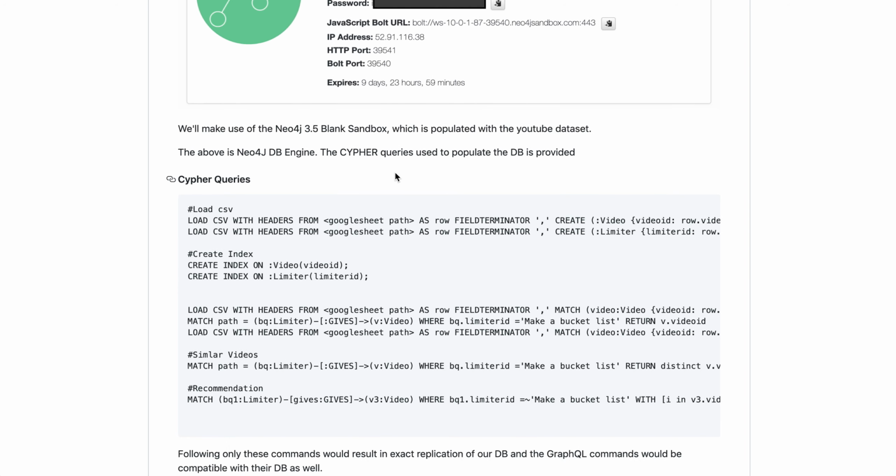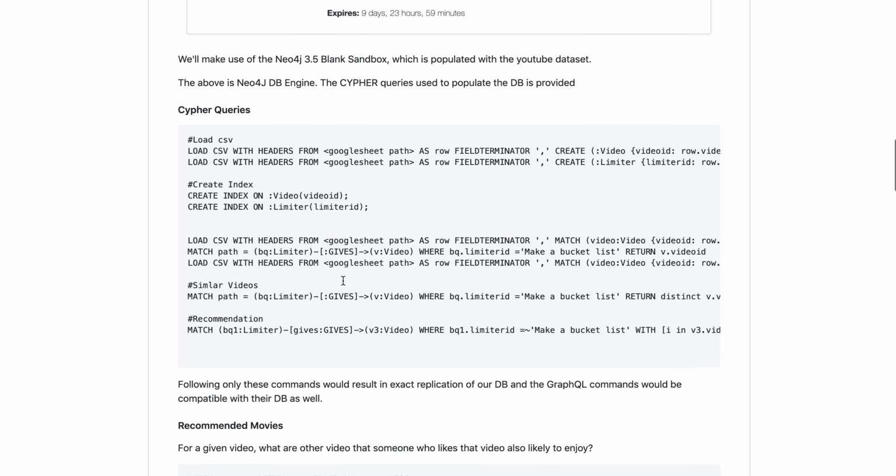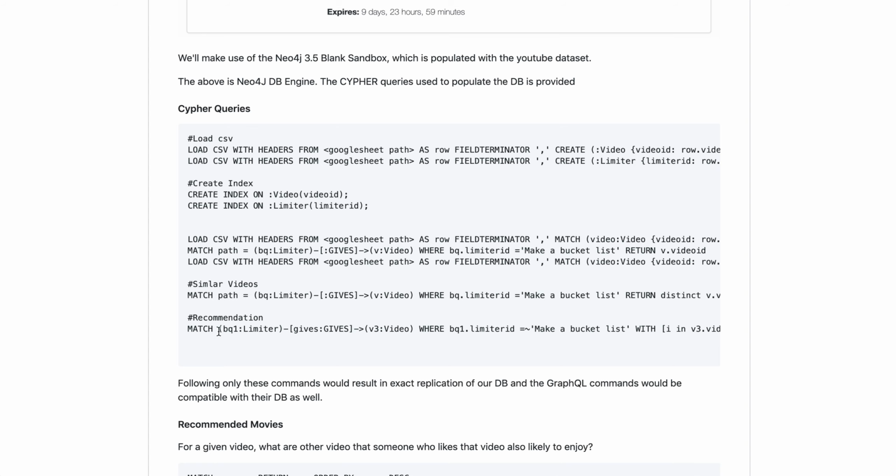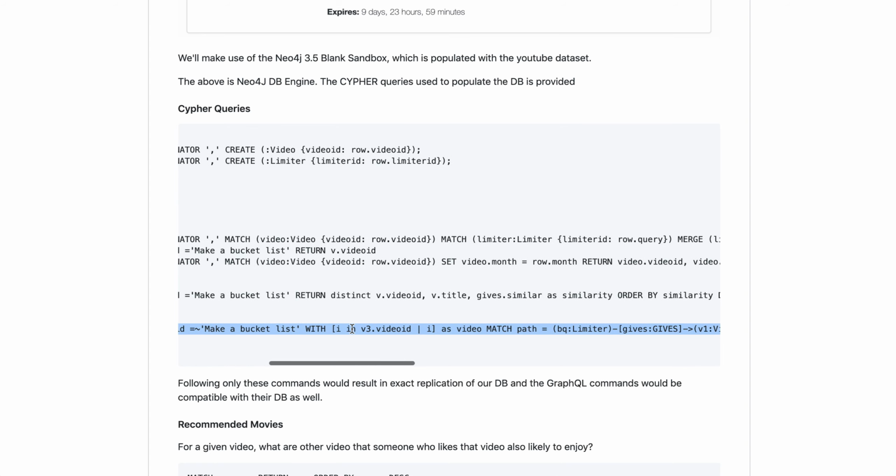Neo4j uses the Cypher query language, which is pretty fascinating because it is a language of its own. Using certain queries, we can populate the DB and do some statistical analysis over it. These are the commands which we would be using in order to populate the DB. This is the recommendation query which we'll be using to return the similar videos